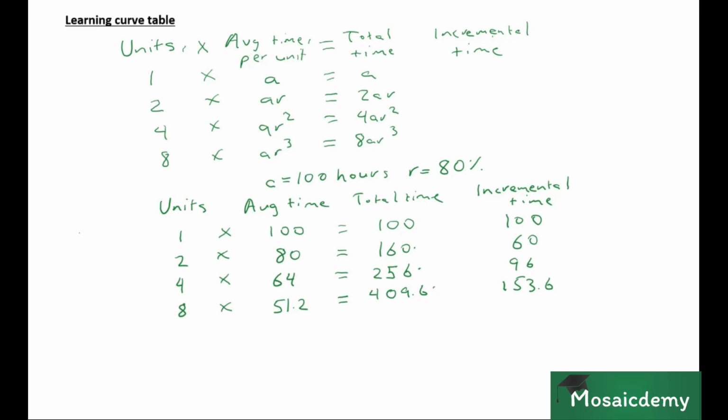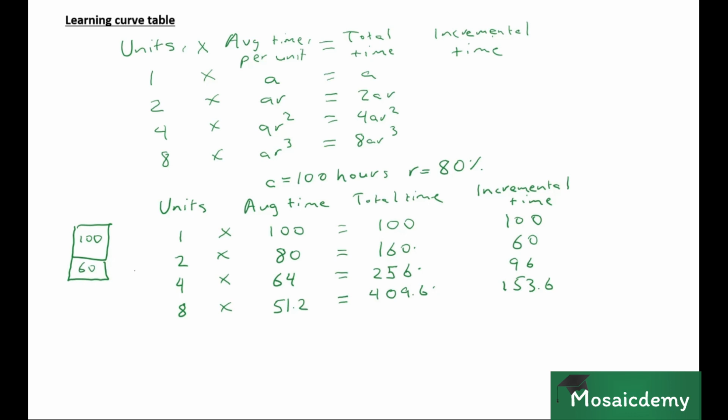So the first unit we produced took a time of 100 hours to produce, okay? Then the first two units we produced, this includes the first unit, took an average time of 80 hours per unit, or a total time of 160, meaning that the next unit we produced to double the output took 60 hours incremental time. So the first unit took 100, the second unit took 60, for an average of 80,